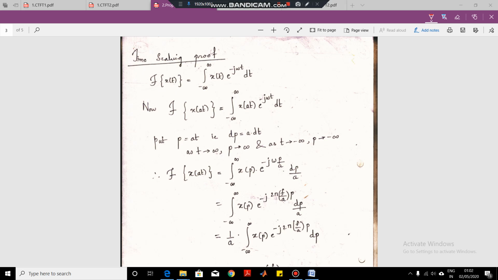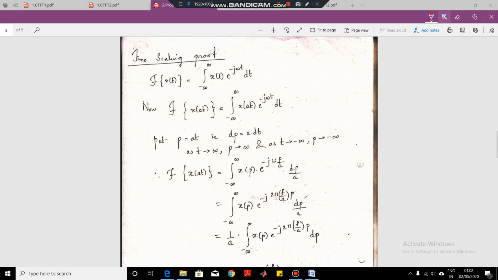Welcome back to the discussion about continuous time Fourier transform. In the previous lecture, we had seen what are the equations for continuous time Fourier transform, what is the use of continuous time Fourier transform, and what is the linearity property of continuous time Fourier transform. In this lecture, we will be continuing further with our discussion, and we will study a few more properties and see some numericals on these properties as well as the proofs of these properties.